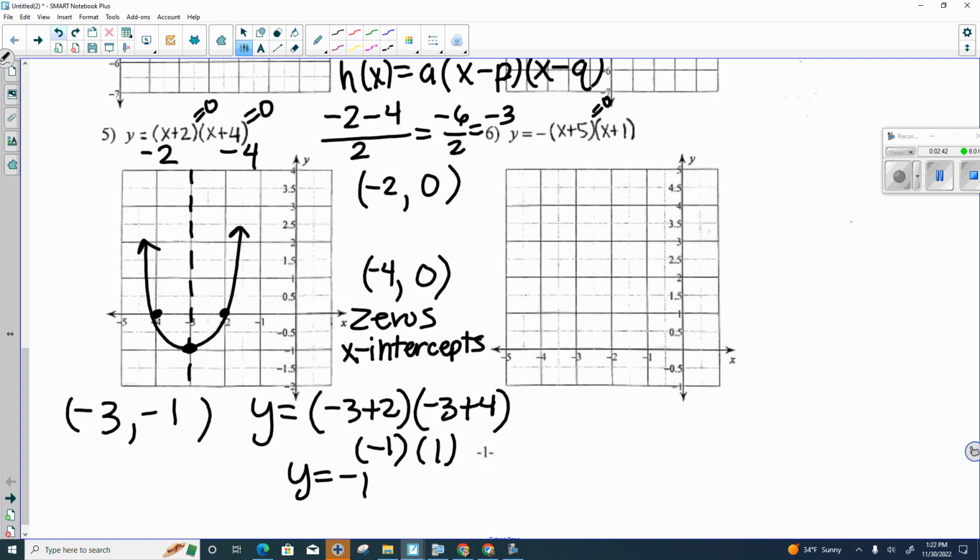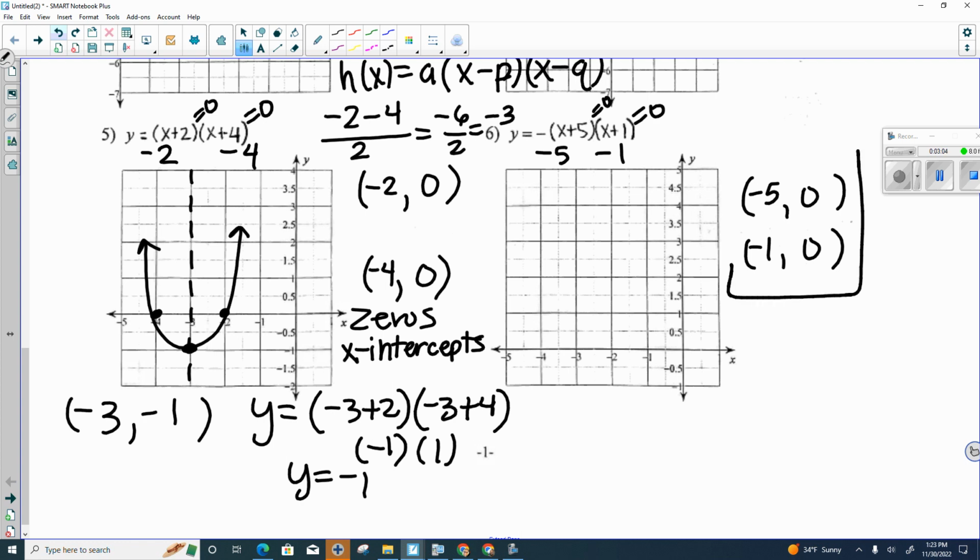So as I set these equal to 0 to find my zeros, my x-intercepts, this is going to be a negative 5. This one's going to be a negative 1. Negative 5 plus 5 equals 0. Negative 1 plus 1 equals 0. Make sure if you're using this factored form that you write this down. Otherwise, kids get very confused. They try to make this a single point, an ordered pair. And it's just not that. It's not the vertex. It's not a single point. It's 2 points. It's my